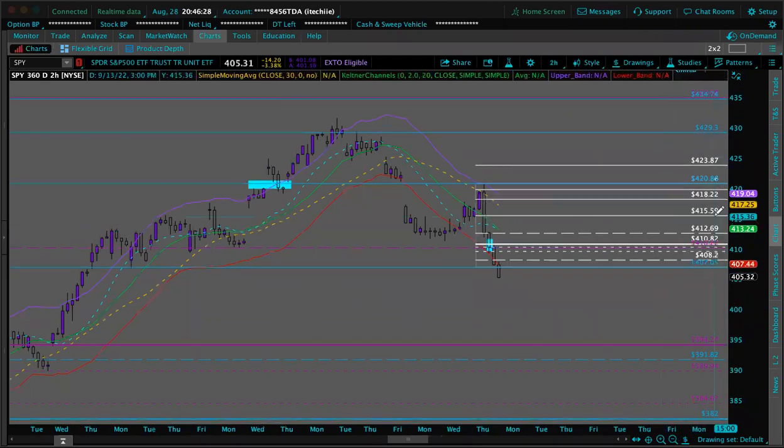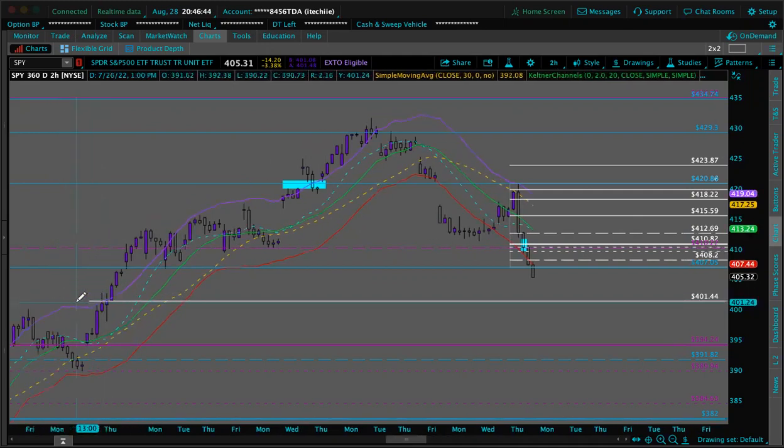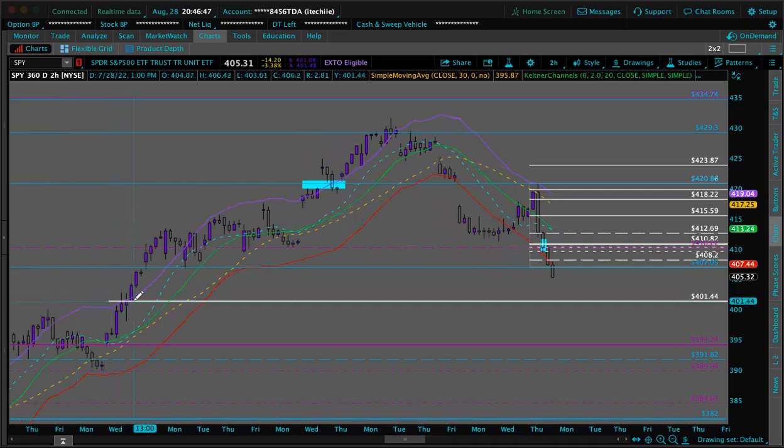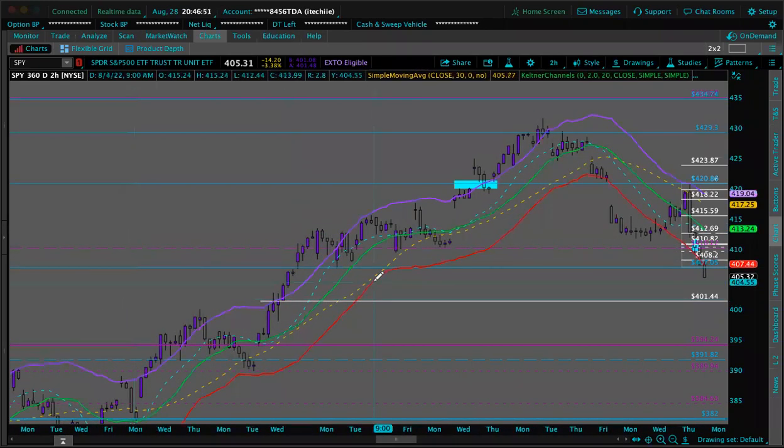So what I usually do is I always mark these points. 401.50 is where we currently are. So we got 401.50. I go 414.4. That's my lucky number. And that also coincides with over here, when the upper Keltner broke out as well. Just looking back at everything, a lot of people tend to miss things because they have so many things going on on a chart